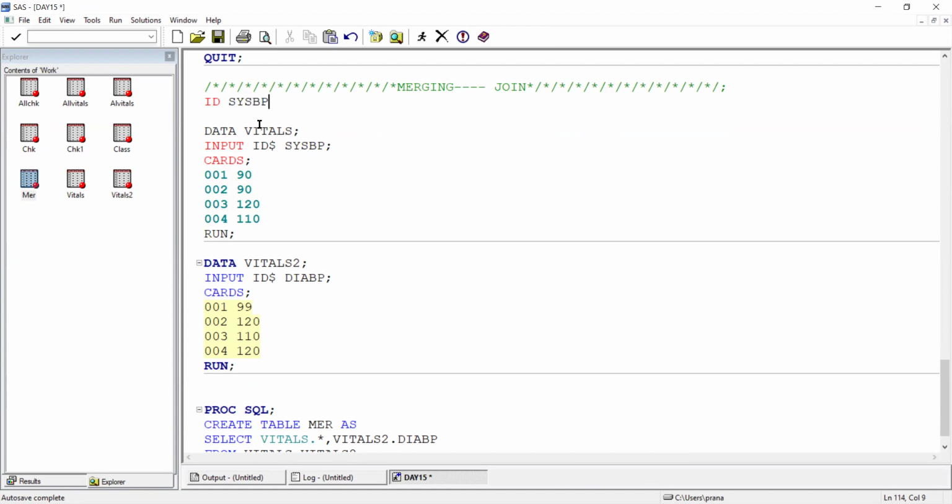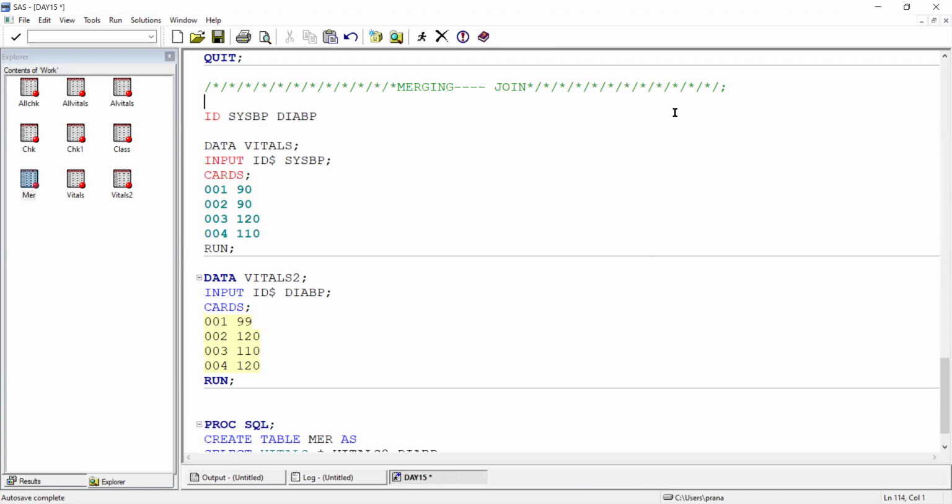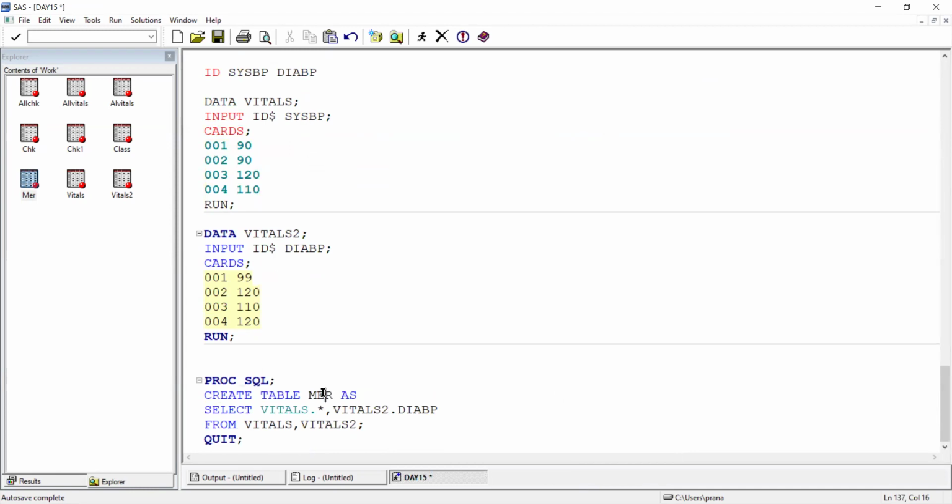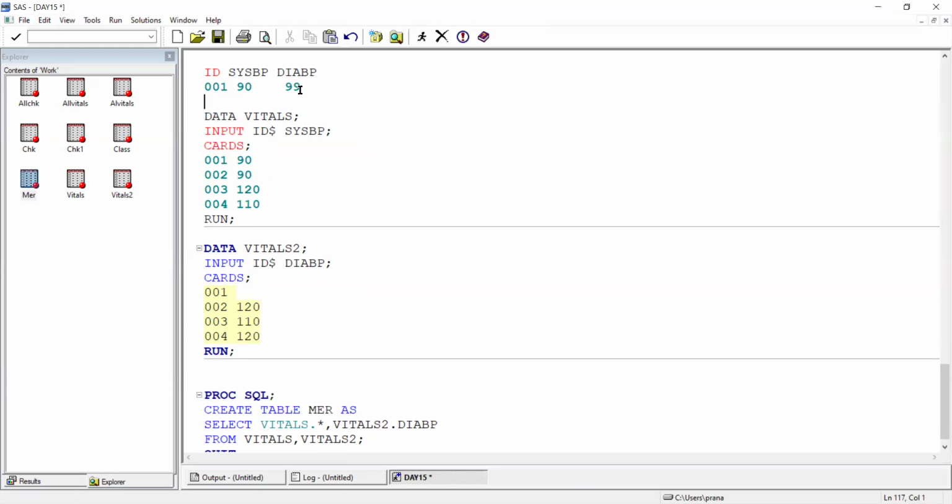Then second 90 value is also there, 4. Yeah. So in the output dataset we have 3 observations, right? In this merged dataset. So it was coming as it is, and it was merging with this 99 diaBP value here. Next,